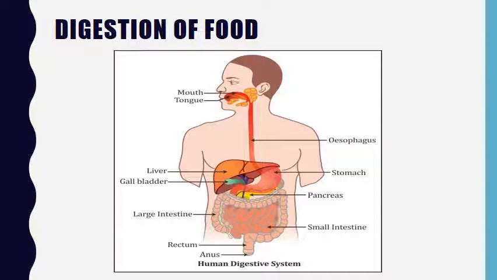Okay, the major part of the water present in the food is absorbed by the walls of the large intestine. Now from there it goes out of our body through an opening, that is the anus. From the anus our undigested food goes out of our body. So in this way, this is the whole procedure of how we eat the food and how our body digests this food.